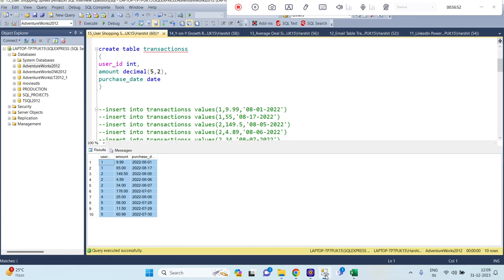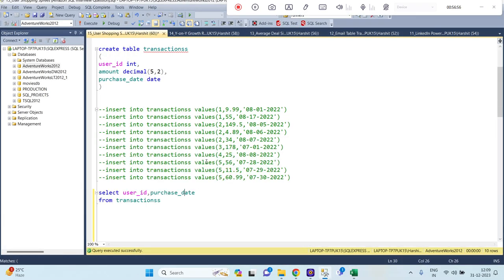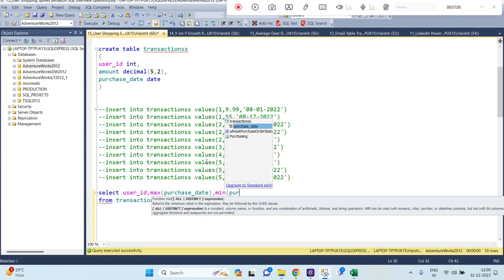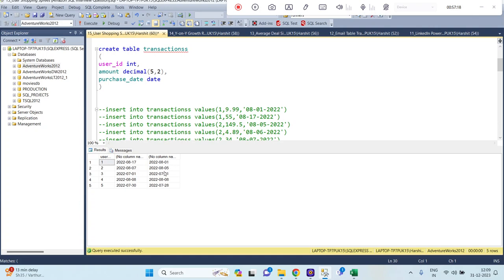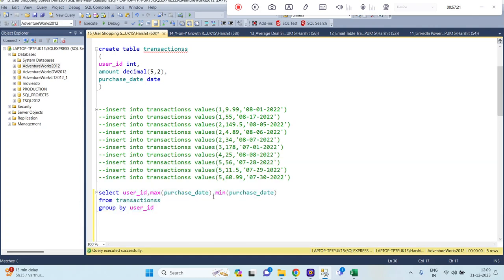So now this we need to identify. Now let me write the query. Maximum purchase date, comma, minimum purchase date, group by user ID, right? And now I have to take the minus. Date diff, I think. Let me try if it is working. No, no, no. Having,